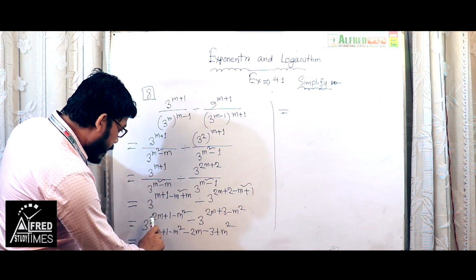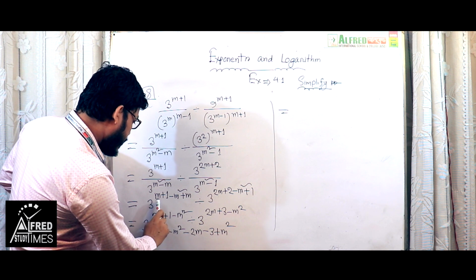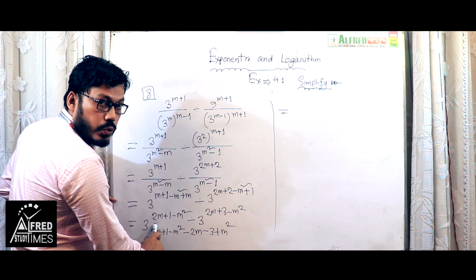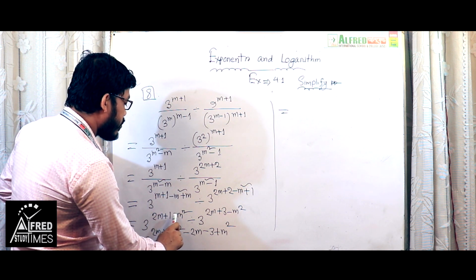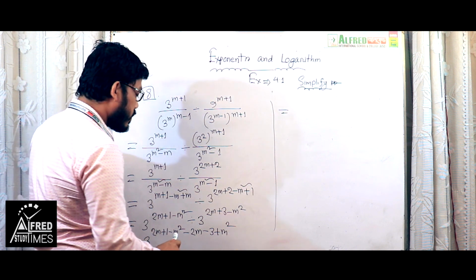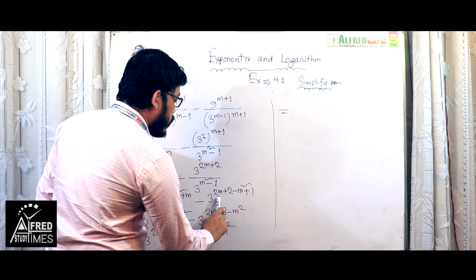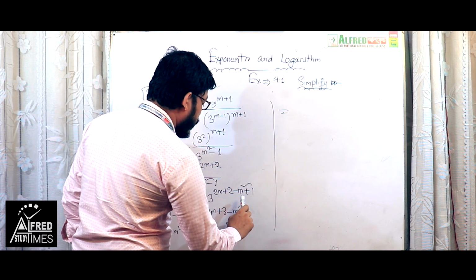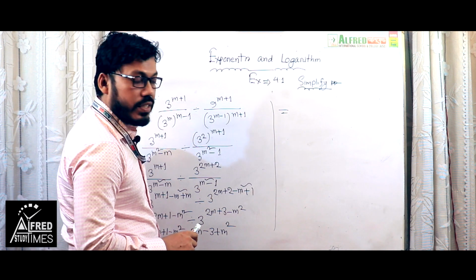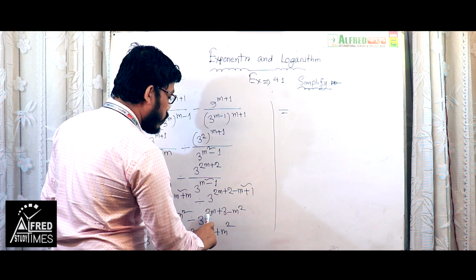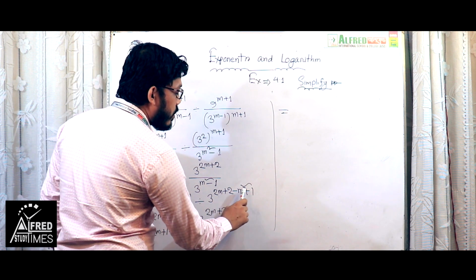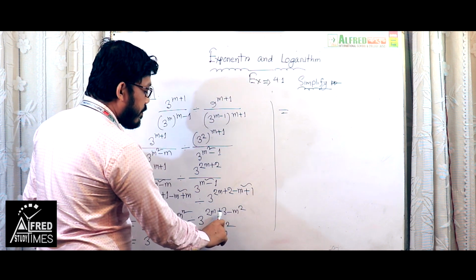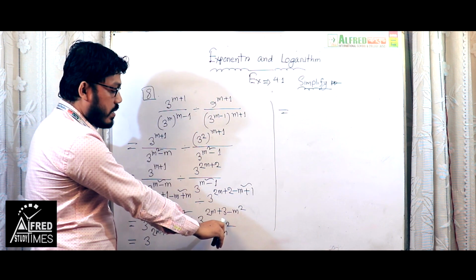Next, we can add the same element m plus m, make 2m. Plus 1 minus m square should be kept without any change. In 2m, there are no extra m by which we can add or subtract. So we have to keep only 2m at first position and then add 2 and 1 make 3. So we can keep 3 in second position and minus m square should be kept in last.